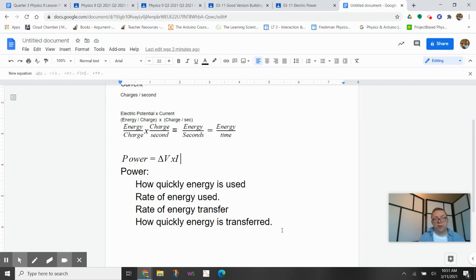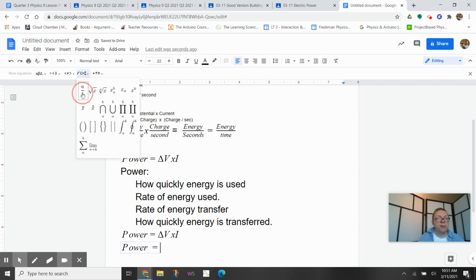how quickly you use or transfer that energy. And then if we look at ways to calculate it, we now have two versions already. I'm just going to bring those down here. One way to calculate it is that. Another way to calculate it, I'm going to try to use this equation editor. We can also say in general terms that power is